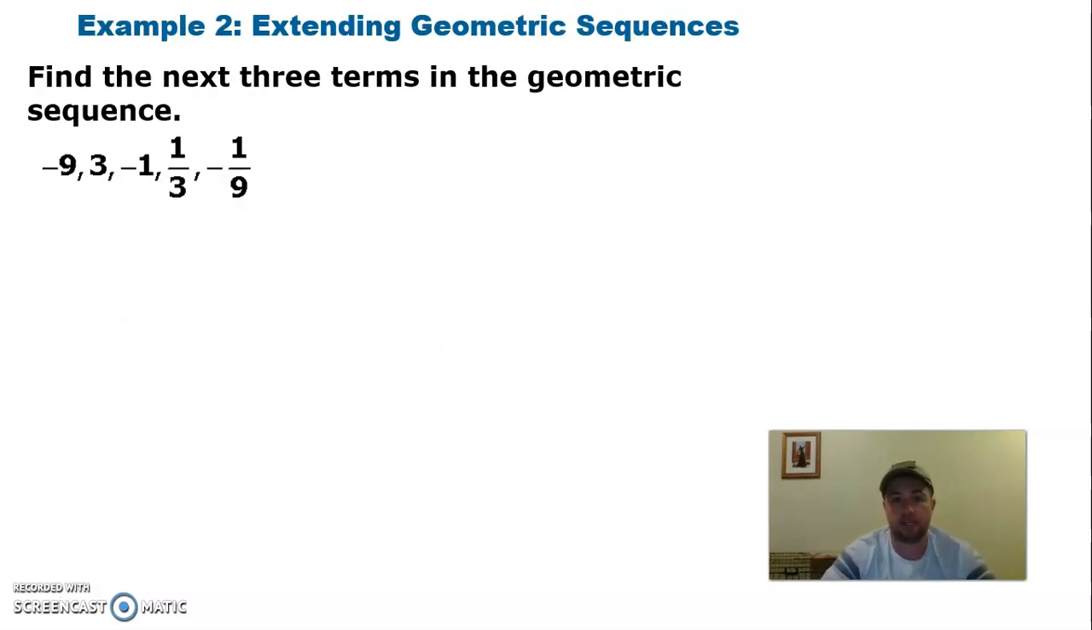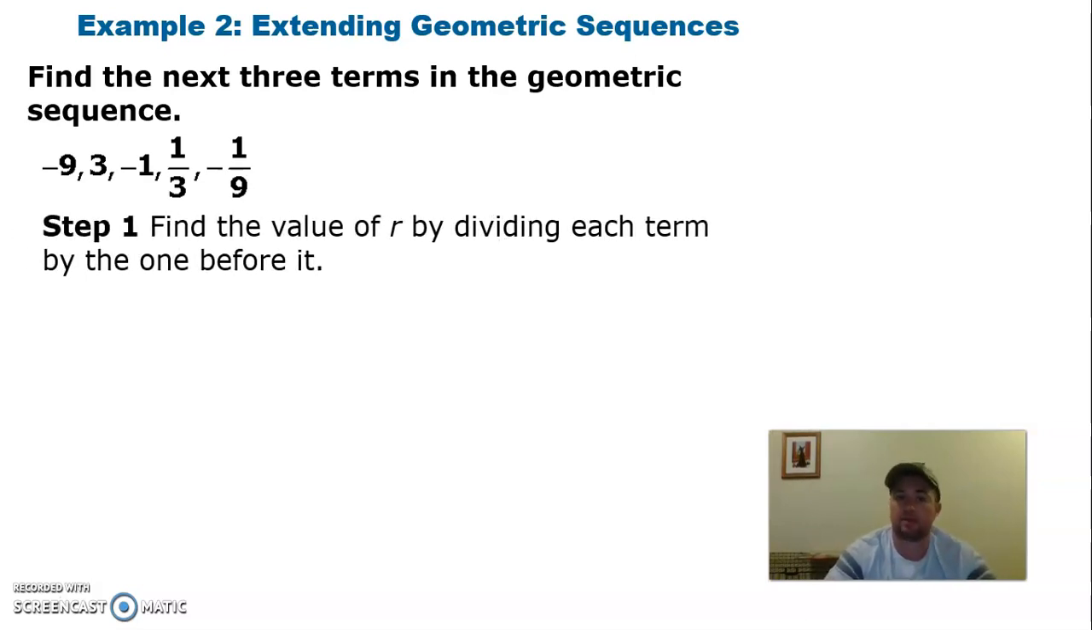Okay, find the next three terms in the geometric sequence. So, let's see what we can do here. Remember, the first thing we have to do is find the value of r, which is our common ratio. We do that by dividing each term by the one before it. So, we're going to say